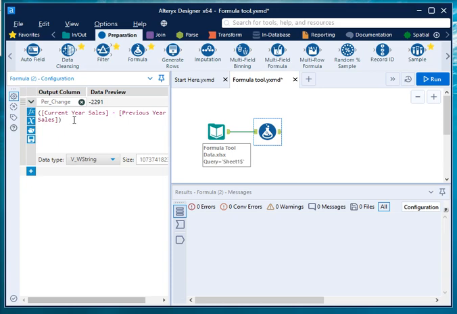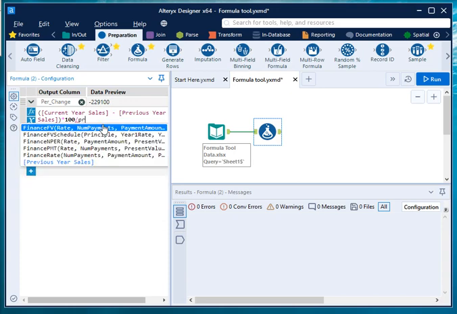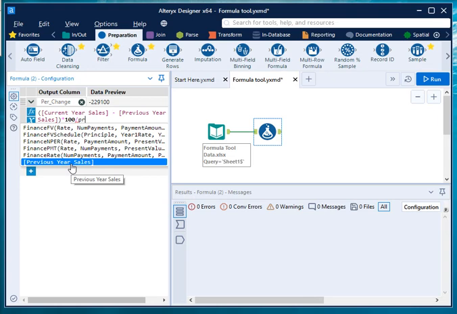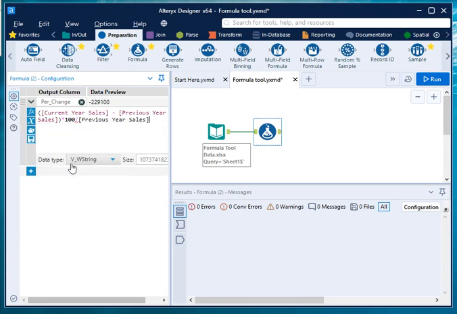And this will give you a decimal number, so I want to convert it into percentages. So I will multiply this difference of current year minus previous year by 100, and this whole thing divided by the previous year number, right? So just again type here previous, and this will give you a recommendation to select the previous year sales. You can either press tab or just click on previous year sales. This will create a formula.